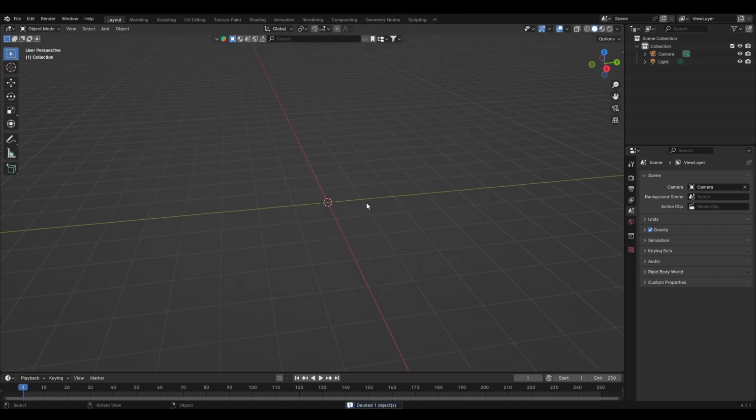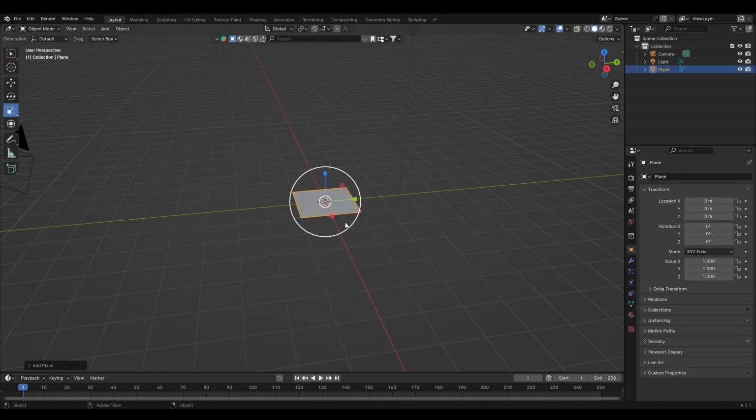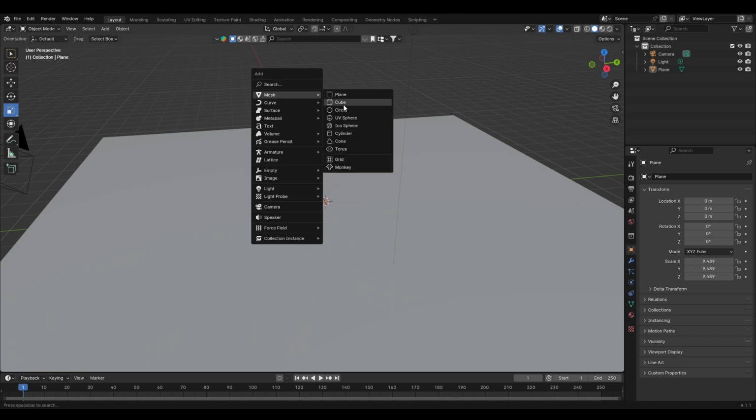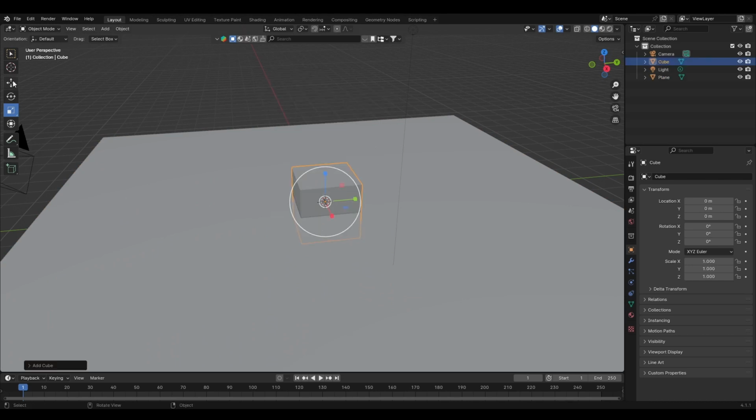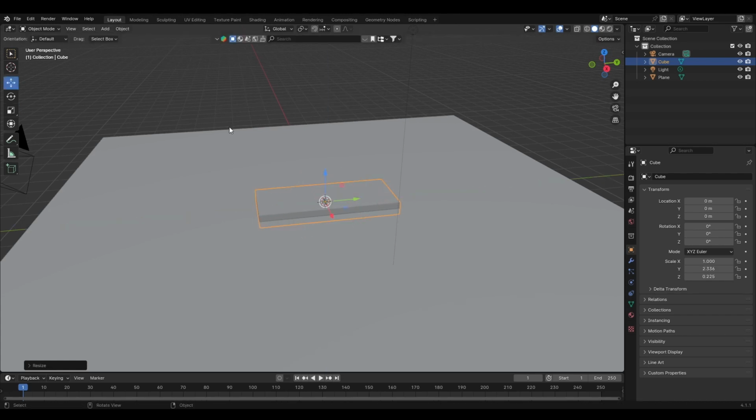So I'm going to delete the initial cube here. I'm going to insert a plane, and I'm going to scale this up. And then I'm going to use Shift A to insert a cube. And I'm just going to flatten it here and stretch it out. So I'm going to put this cube up here